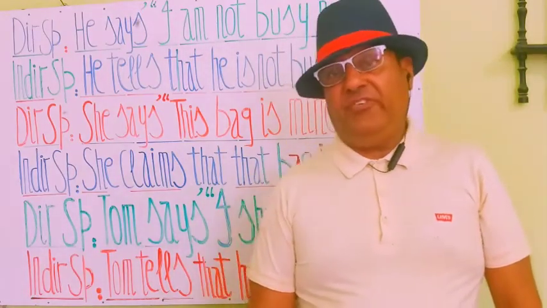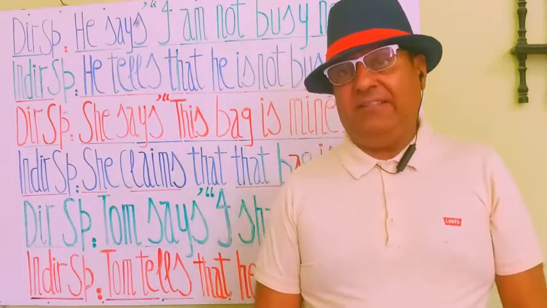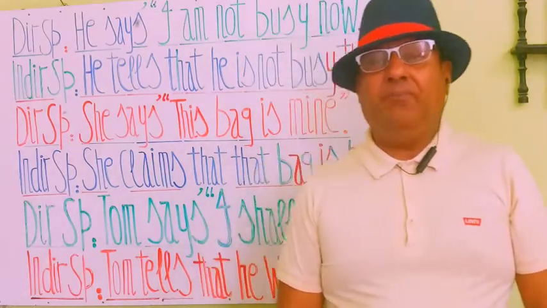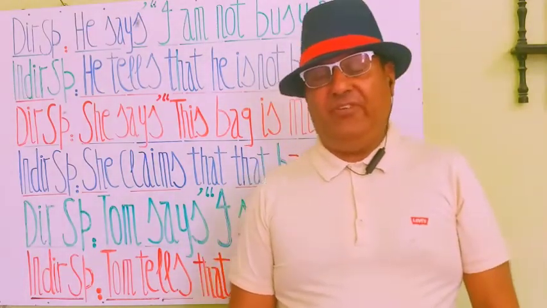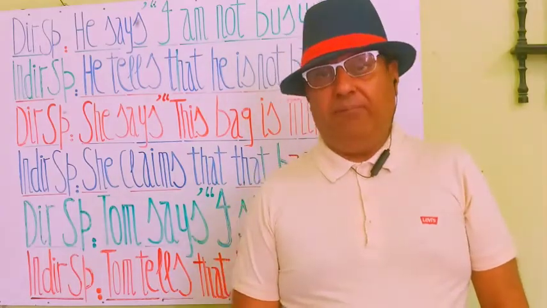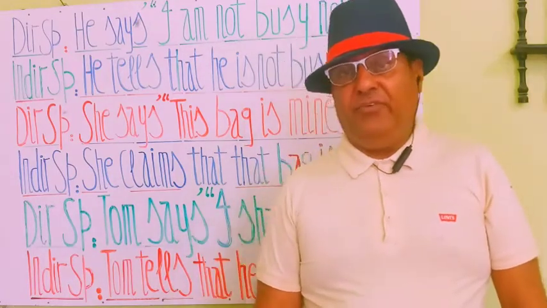So direct speech is in two parts, first part and then second part of direct speech is inside the commas. When we change direct speech into indirect speech, then commas are removed, and according to